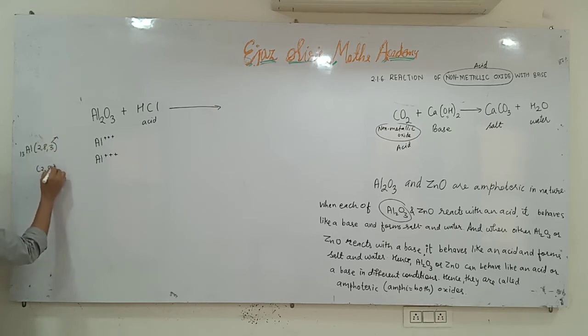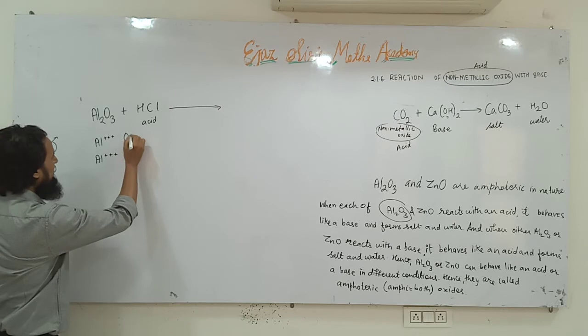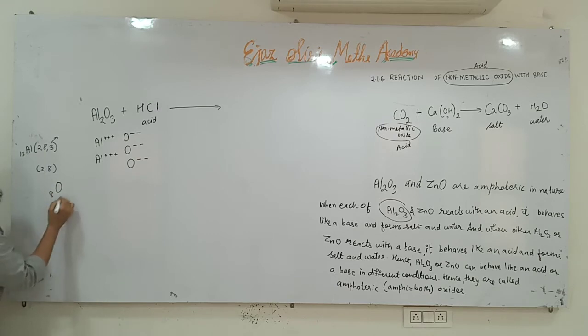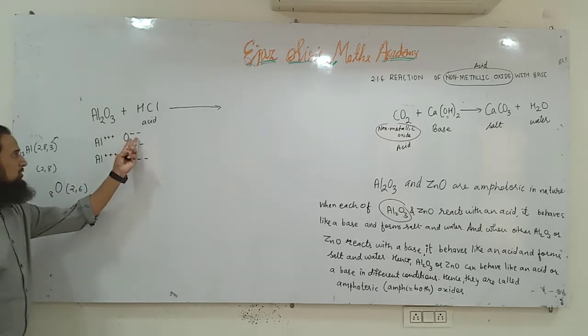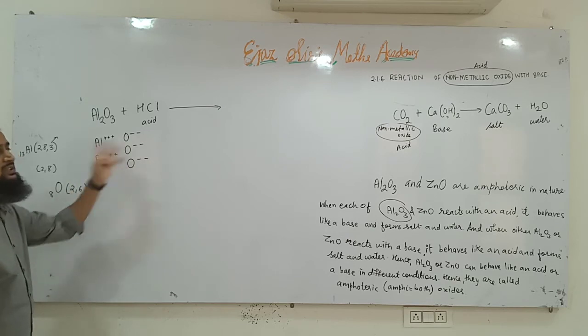If it donates those 3 electrons, then there will be only 2 orbits. The first orbit will have 2 electrons and the second orbit will have 8 electrons, and the second orbit will become the outermost orbit. Its octet will be completed as per the octet rule that we have studied. So aluminum always donates 3 electrons. And oxygen, there are 3 atoms. One oxygen is 2 negative, you know why? Oxygen has atomic number 8, its configuration is 2, 6. So one oxygen always requires 2 electrons to complete the octet. So it has taken 2 electrons each, 6 electrons are taken and these two have given 6 electrons.